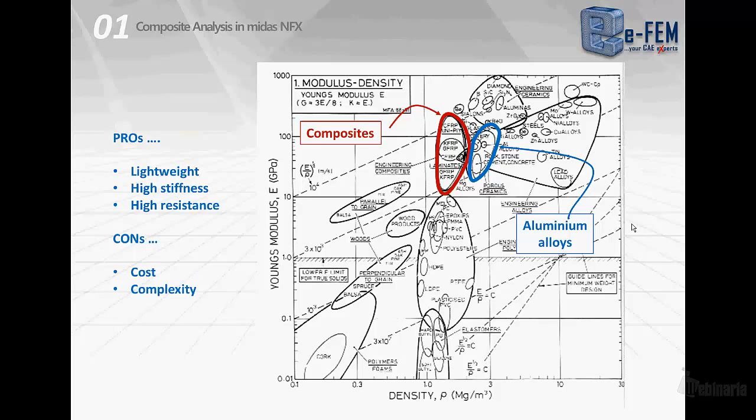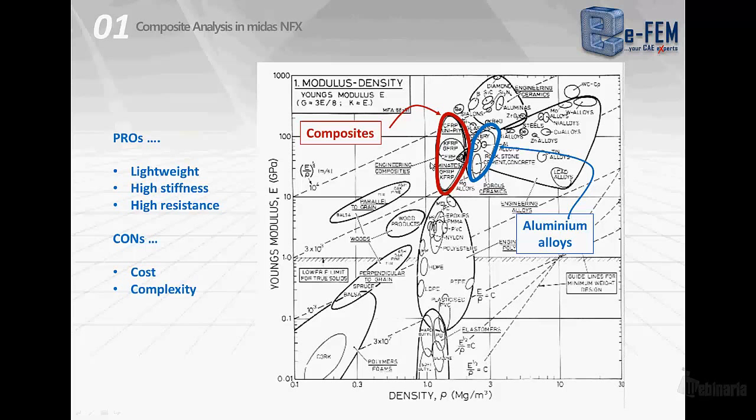for designing with composites. If we look at the Ashby map I just copied here, it is the map that plots Young modulus versus density, and we can see that composite materials are really close to aluminum alloys. This is the reason why composites are also called black aluminiums. We have very close properties.